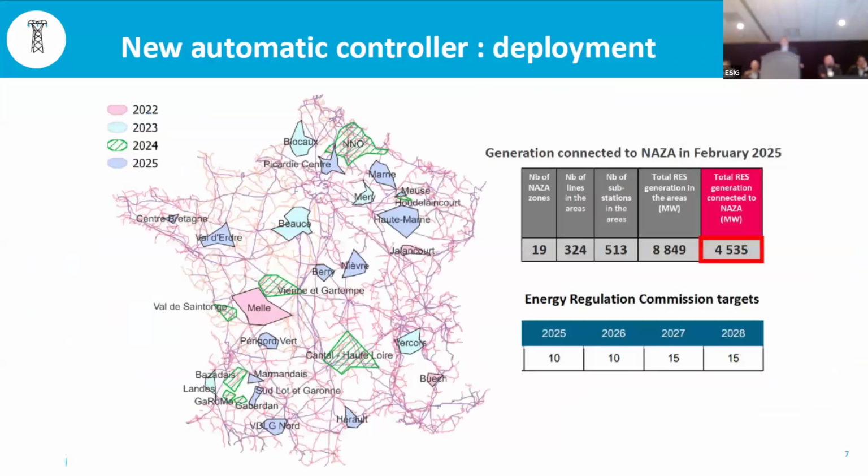In terms of actual deployment, I showed you an example of actual application right now. As of February this year, and the number is actually higher now, this logic has been deployed in actual operation on 19 zones in France. So this gives you a little bit of the size of the zones: we're talking about things like 300 lines that are monitored by all of the combined systems, 500 substations, about nine